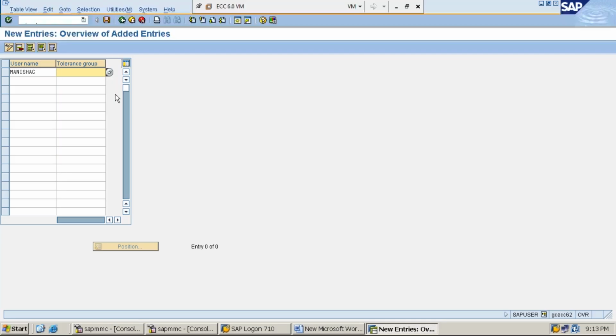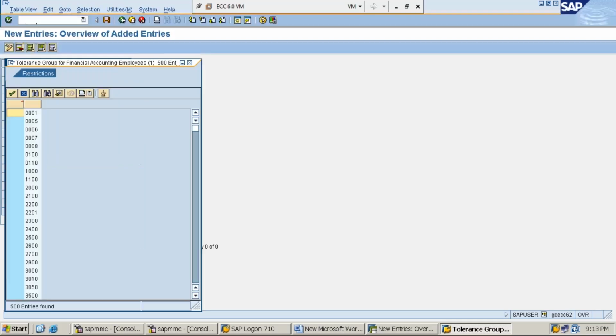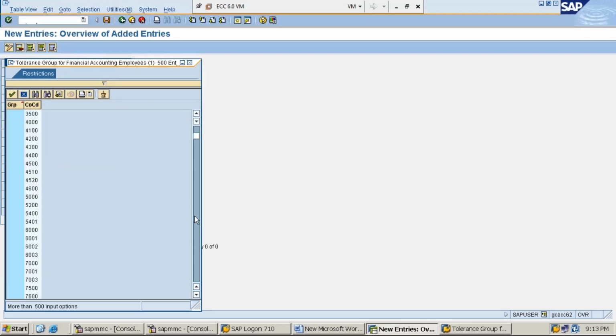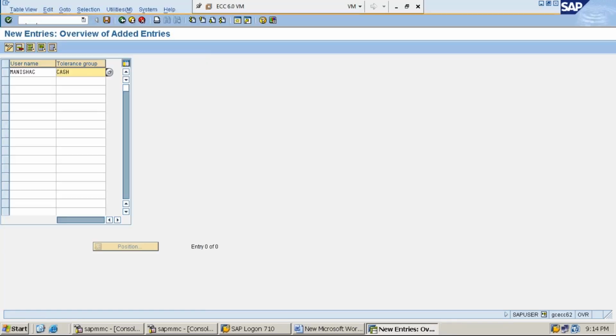Yeah, CASH. If you know it, directly type it, or else you have the option to select from the drop down button. Multiple you can find here. See, CASH MMI1. So give tolerance group CASH. Next username